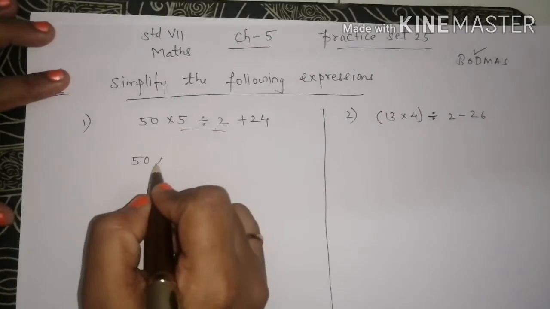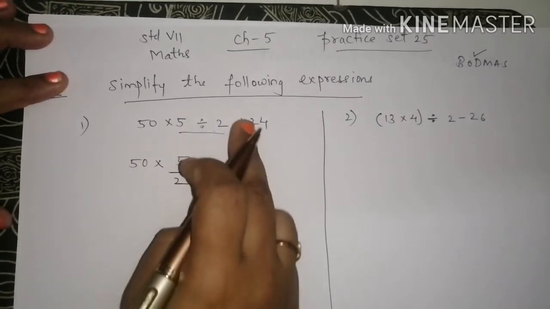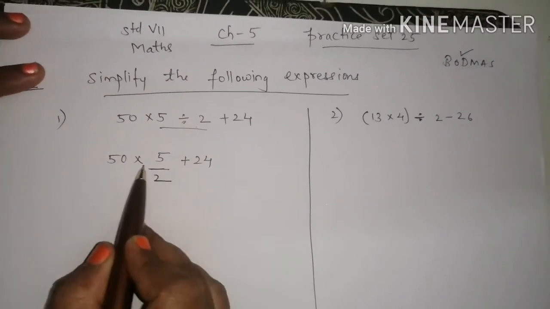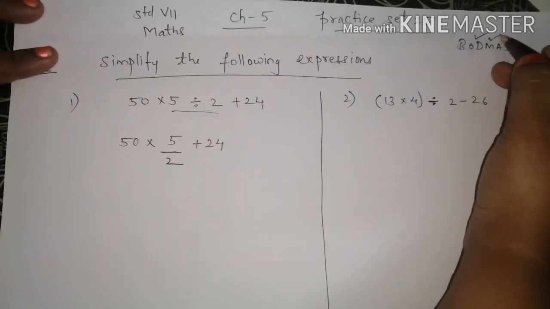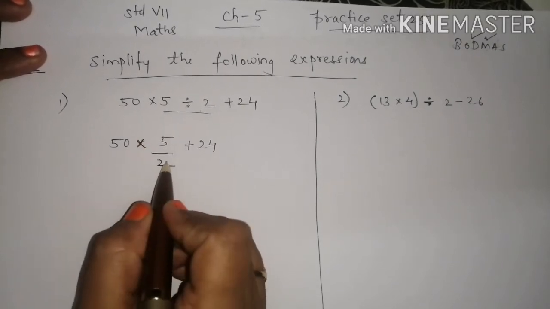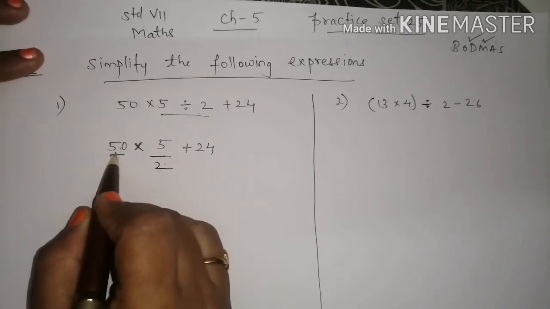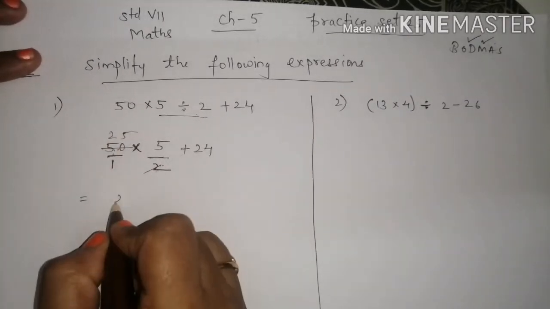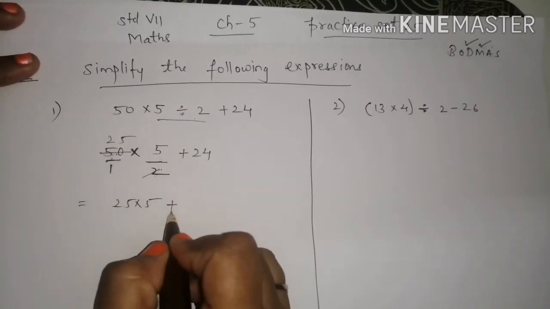So we'll keep 50 multiplied as it is. 5 divided by 2 I can write like this also: 5 upon 2, in numerator denominator form. Then it is plus 24. Now we have got multiplication and addition. First should be multiplication, then addition. So first I will do the multiplication. Now how to do this multiplication? Here nothing is there, you can take it as 1. This 2 in 50's table will get cancelled. So 2 2s are 4, 1 2 5s are 10. So here it is 25 into 5. Down, 1 means nothing is remaining. Then it is plus 24.